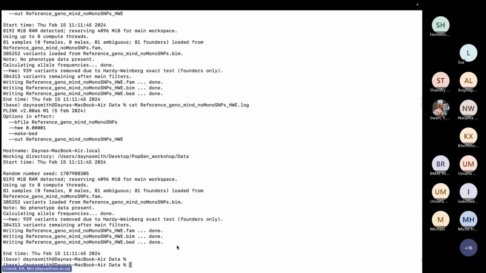Okay, and then the last thing I want to teach you guys, before you try this on your own, is that you can do this one step at a time, as we just did. Or, when you become a little bit more comfortable with the command line and with Plink, you can actually just do this in one shot. Let's say we're working with the reference. We're now going to do, in one line of code, everything that we just did. You guys don't have to do this, but when you get more comfortable with it,